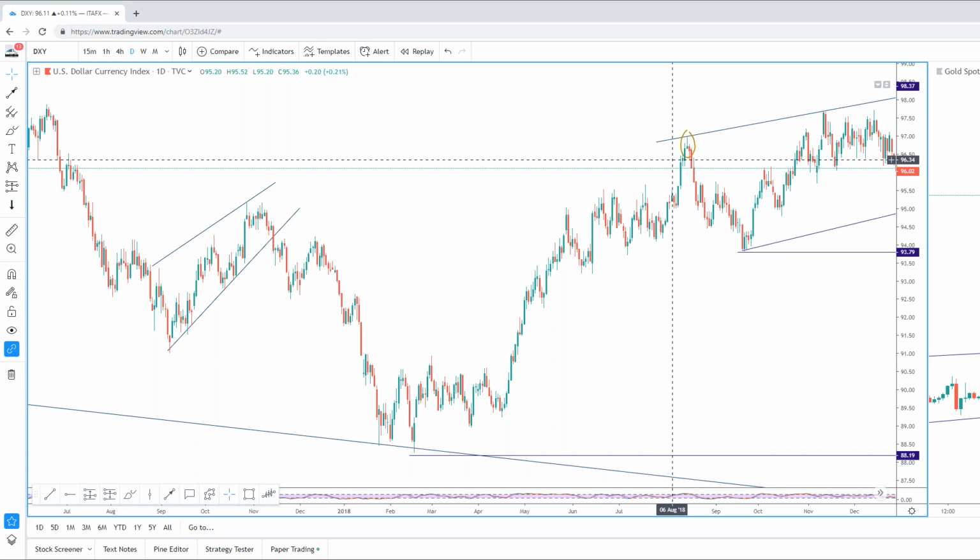Knowing that it has a greater failure rate, I don't put too much onus or responsibility onto them, and I don't really look at them. In my opinion, head and shoulders, I still see them, I still can take them into consideration, but I don't put that much weighting on them. They need to be at the top of a trend or the bottom of a trend. They cannot be found in the middle of market cycles. That is not considered the classic textbook head and shoulders pattern.